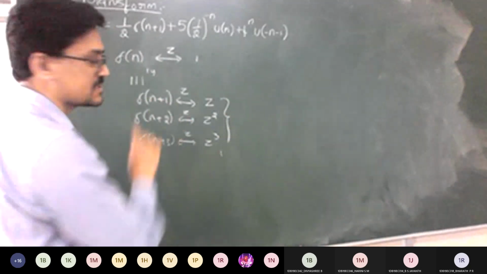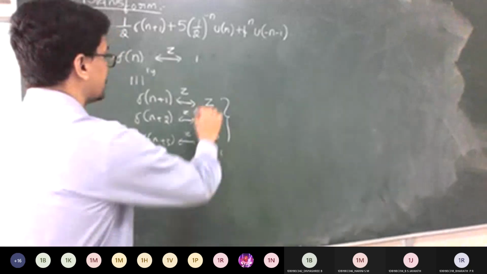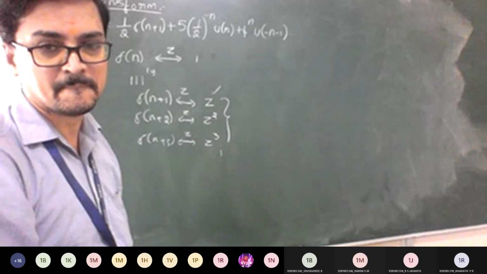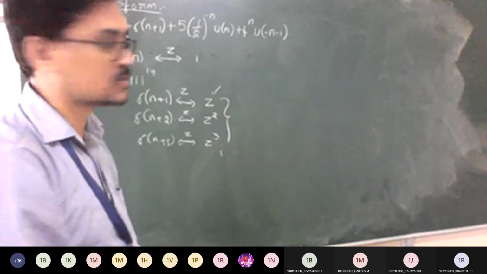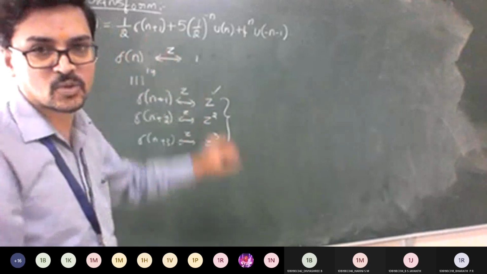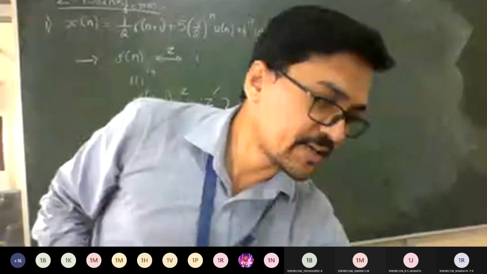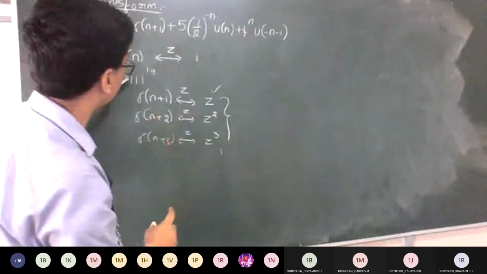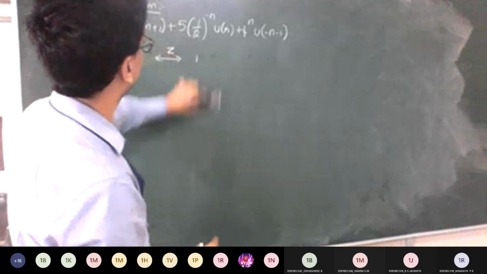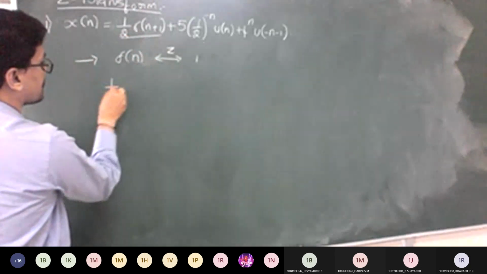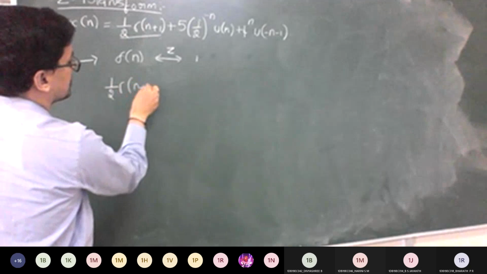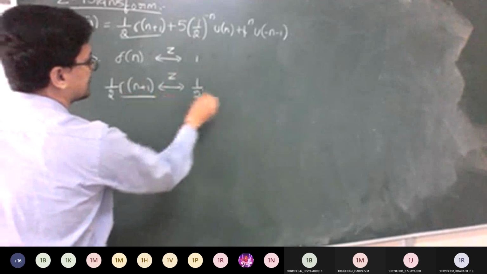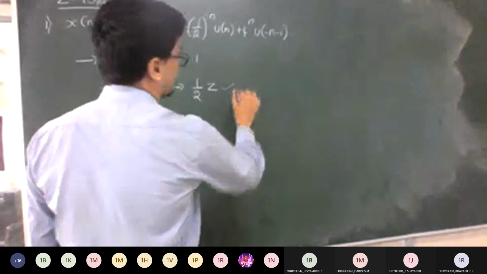Now, for the corresponding question, we can pick delta of n plus 1. In here 1 by 2 is there, and 1 by 2 is kept constant. I hope you have noted this formula. From this, we can implement the logic here. We take only the first part, 1 by 2 delta of n plus 1. 1 by 2 is constant, and delta of n plus 1 is nothing but Z. So we got the first answer like this.